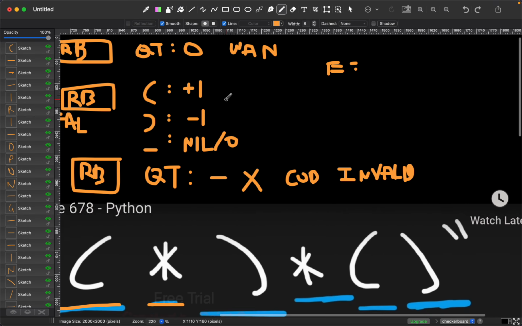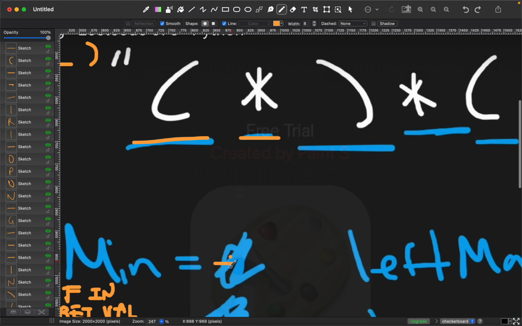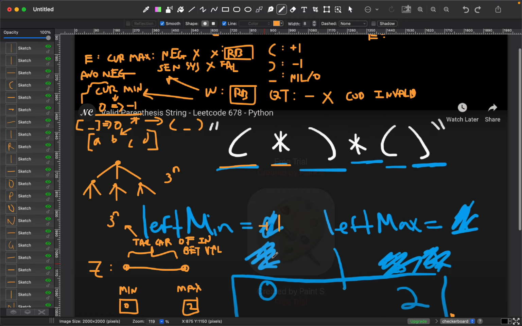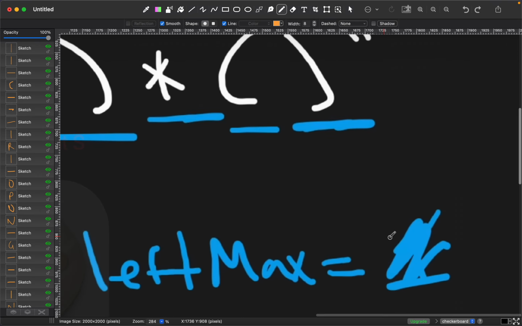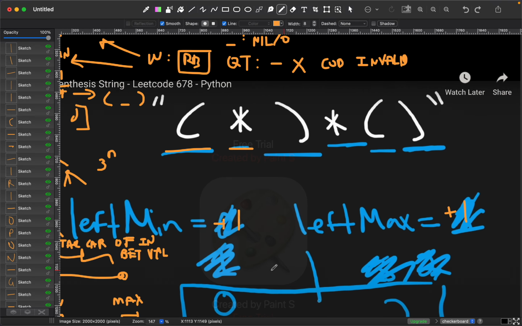So this guy is a positive one. Max, I think, is also a positive one. And the next thing that we know, we have this guy. So we can make this become a 0, and we have the potential to add this guy to become 2, right? So we come to this guy, we close it, we've got no choice,